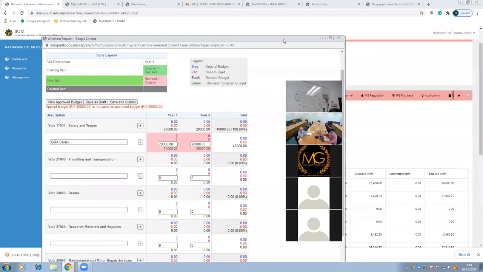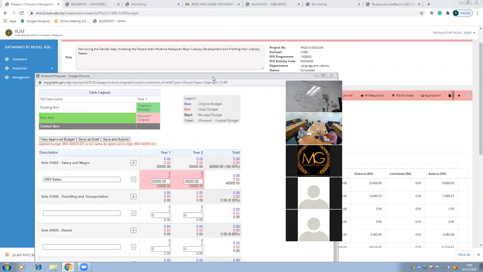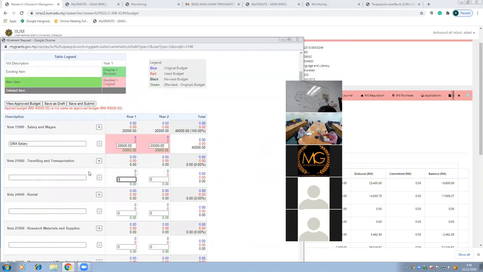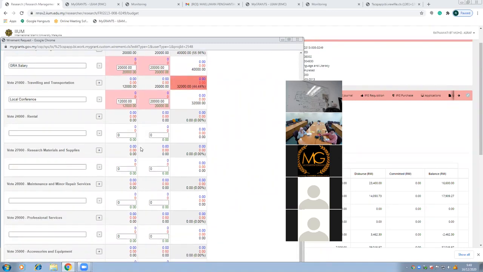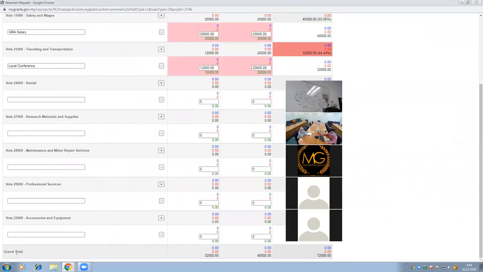Then you go to the next vote, 21,000. You see there is 32,000 allocated. So also the same, maybe you put here, for example, local conference. Then you allocate maybe 18,000 and for example 20,000 here. Then once you update all of the information, you will find that the grand total here in the black